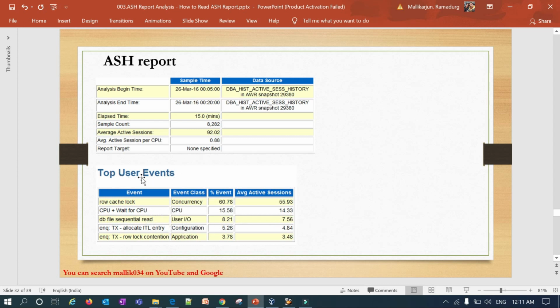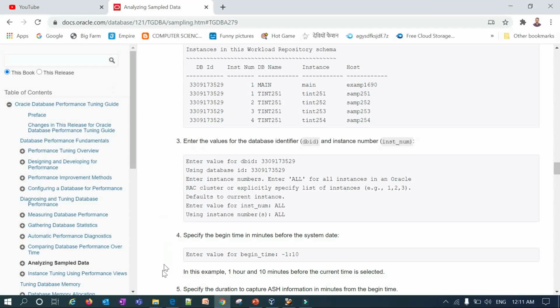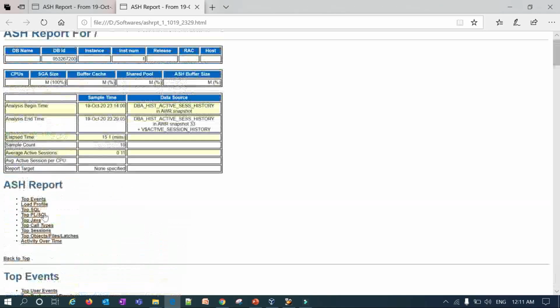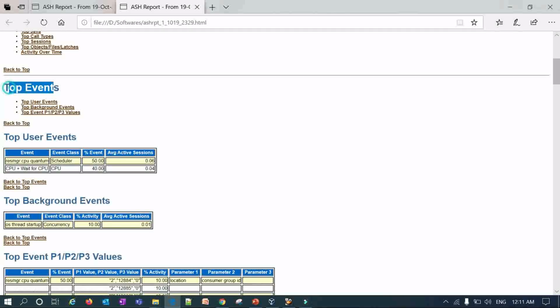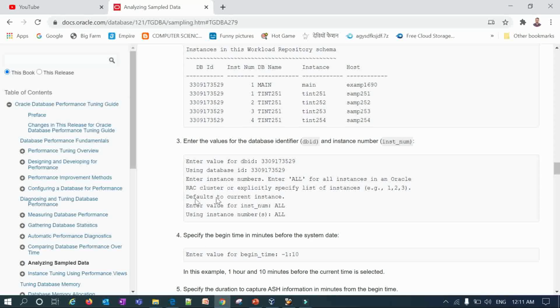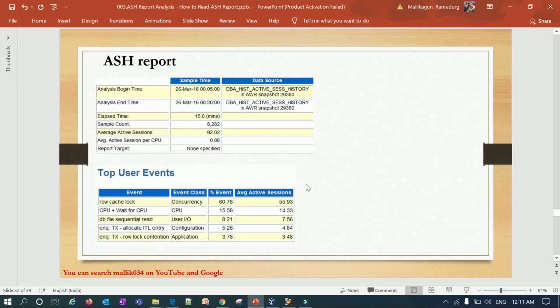So you have to look into the top user wait events. If I go to my sample report, yes, top events and top user wait events. You have to go to the top user wait events, and that will give you what was happening at that time at the database level, whether it is a DB sequential read or a memory buffer cache issue.